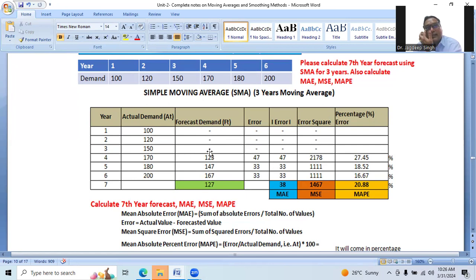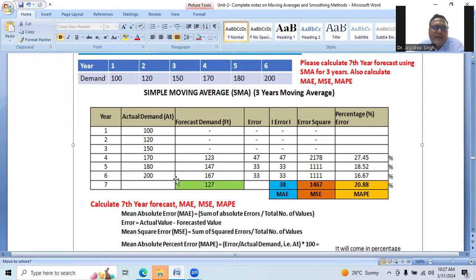I'm taking this second method. So you can see here: 100 plus 120 plus 150 divided by 3, it will become 123. 120 plus 150 plus 170 divided by 3, it will become 147. And 150 plus 170 plus 180 divided by 3, it will become 167. And for the 7th year, the 3-year moving average forecast would be 170 plus 180 plus 200 divided by 3, it will become